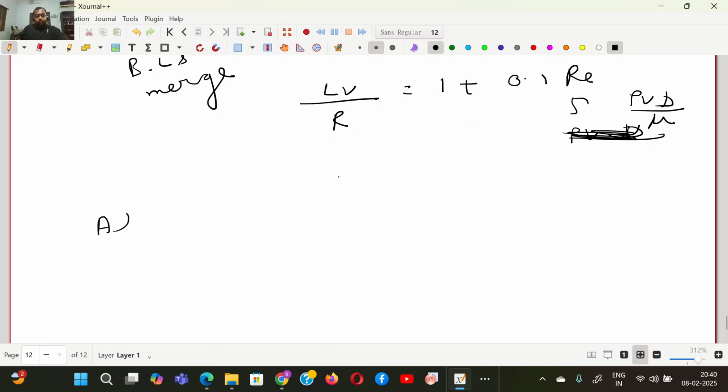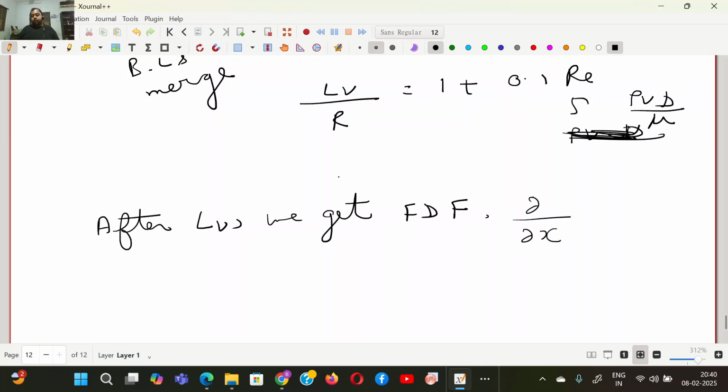After the distance L_v, we get fully developed flow, meaning that the velocity doesn't change. Dou u by dou x is equal to zero. I'm not talking about dou p by dou x or anything, just dou u by dou x is equal to zero after this. So now if you refer to appendix B